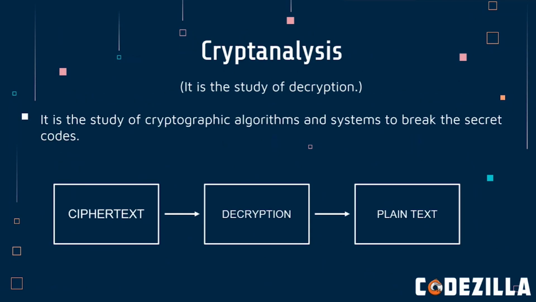Having seen the basic techniques of cryptography and also the concerns of modern cryptography, let's move on to another branch of cryptology, cryptanalysis. This term again originates from Greek, crypt meaning hidden, as we already know, and analysis meaning to analyze. Unlike cryptography, it is the study of decryption in short. The encryption algorithms and the systems are studied and understood thoroughly to break code or ciphertext. As the flowchart shows, this converts ciphertext back to plain text.